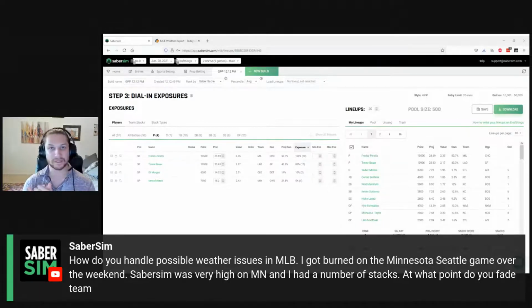Indicators being what the teams are saying on social media, what updated weather reports look like, is the tarp out, that kind of thing. Two is using the builder itself to kind of ask SaberSim, can we fade this game? Is this game fadeable? And if it lets you do that, just fine. Great. If you get a message saying you need to build more lineups, maybe you need to keep some of those teams in. And then third, if you're going to play games that have weather concerns,